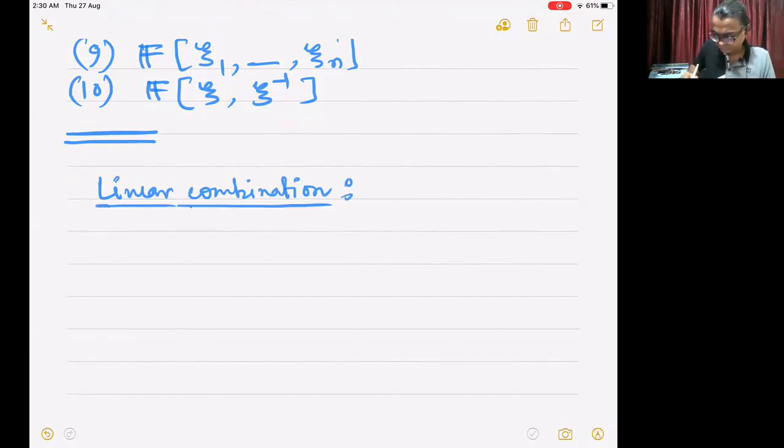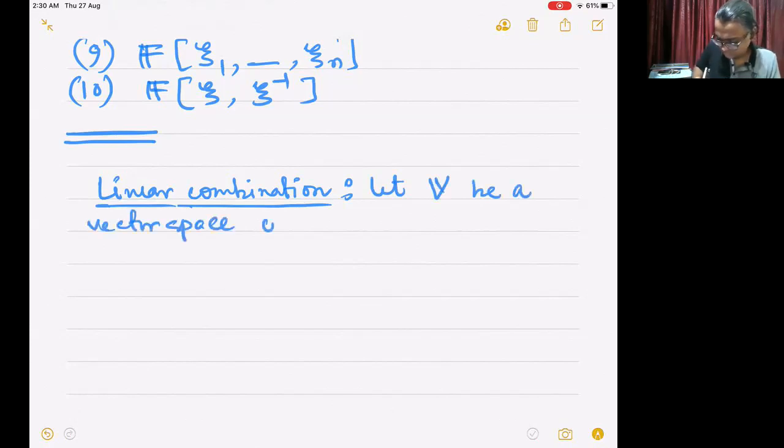So let V be a vector space over the field F, then